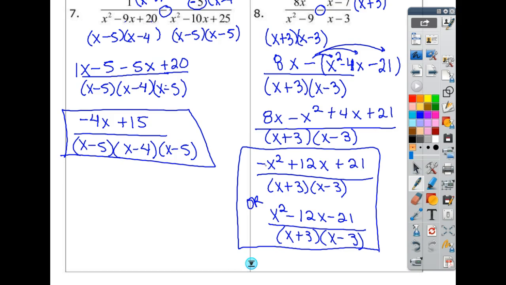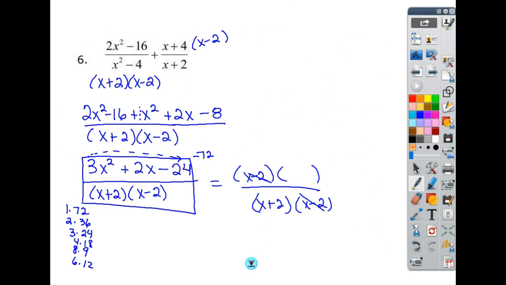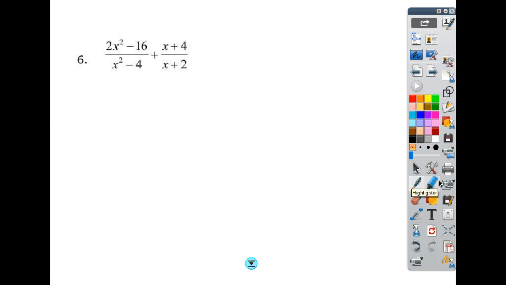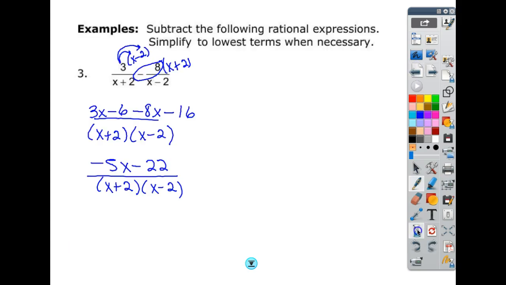So this one was a good one to work. I liked number 8. It took us a little bit more time, but okay, let's see if we can clear out some of the fantastic work we did first period. So slow. Okay, then,